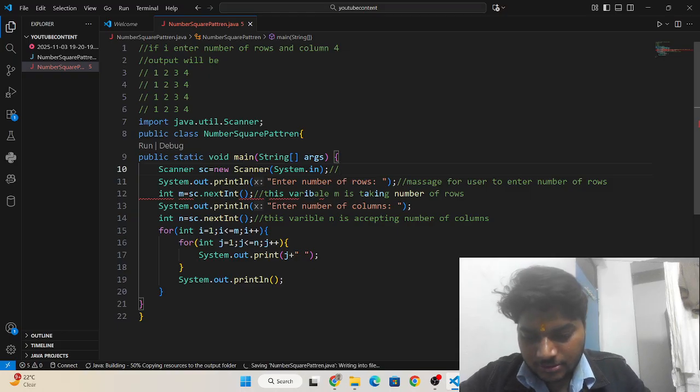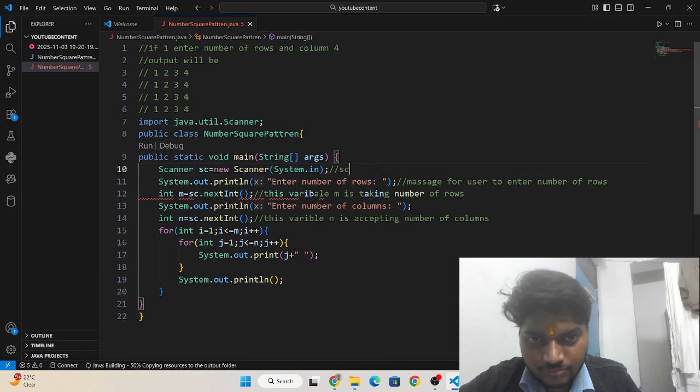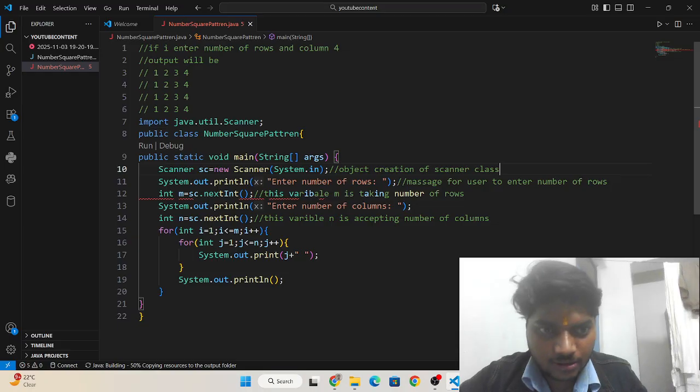Okay, and sc is the object creation of the scanner class.